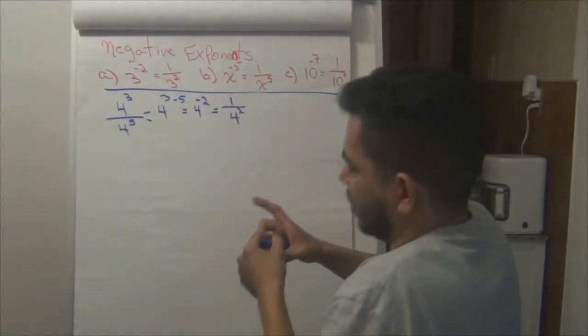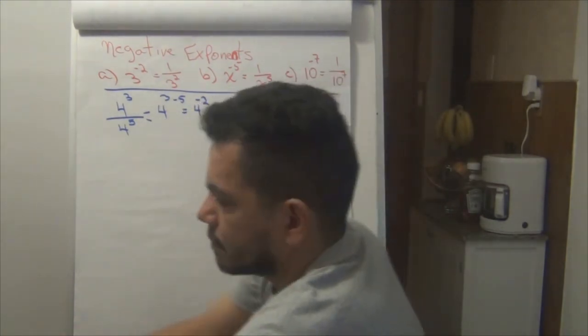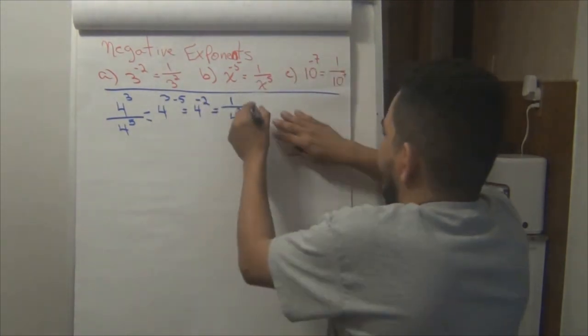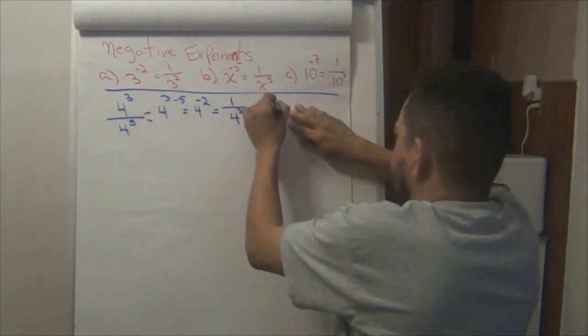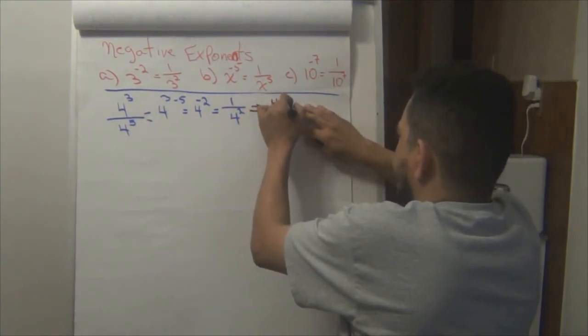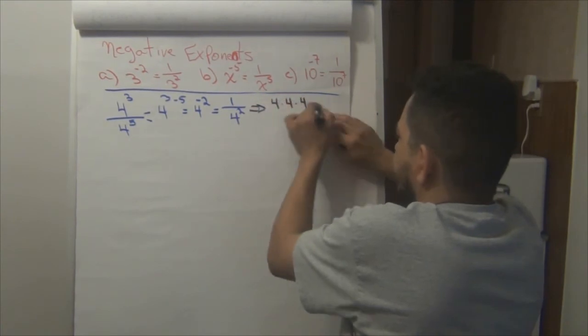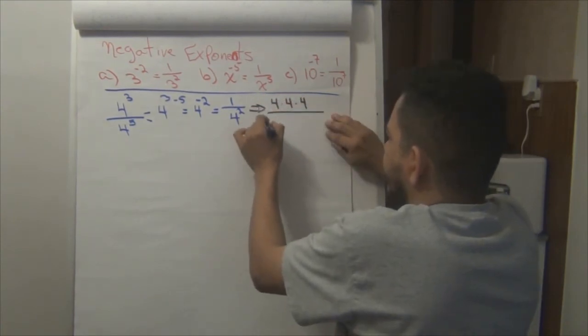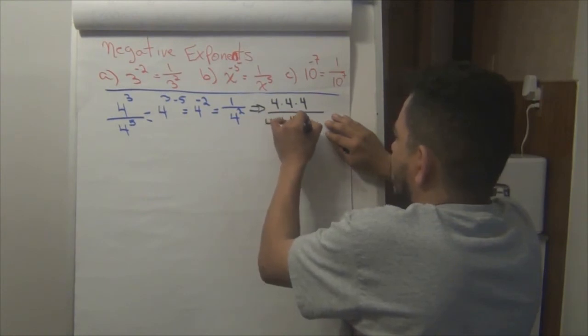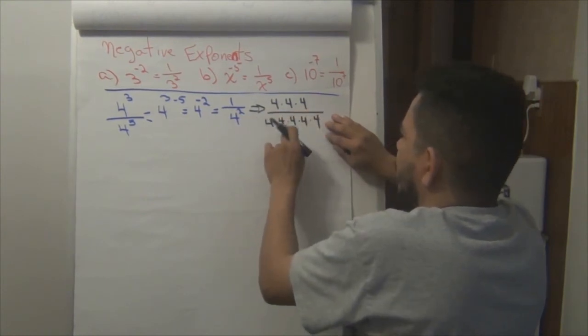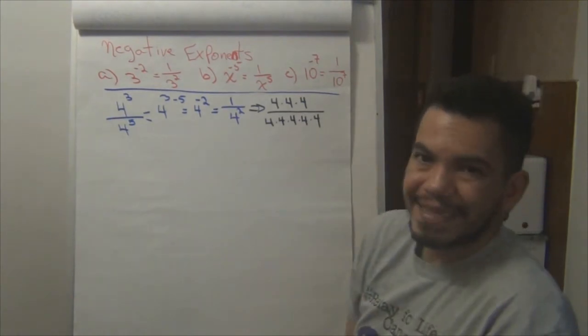Let me do it in a different color. Let me expand. 4 to the third is nothing more than 4 times 4 times 4. 4 to the fifth is 4 times 4 times 4 times 4 times 4. 1, 2, 3, 4, 5. So now,